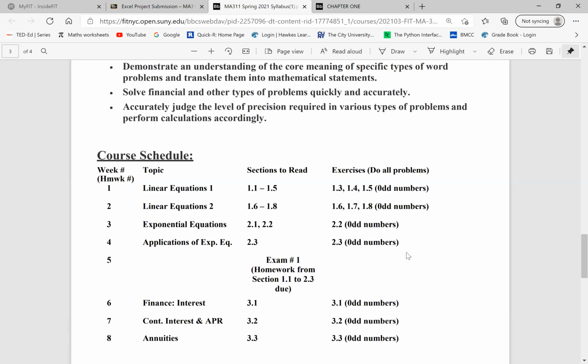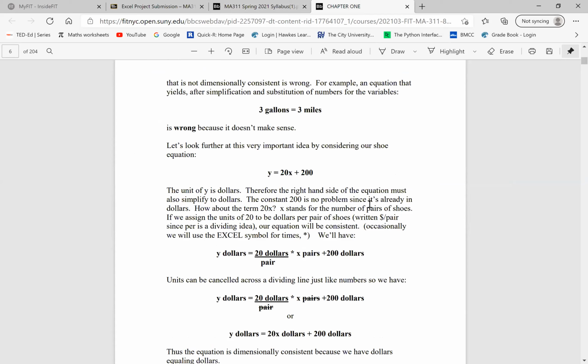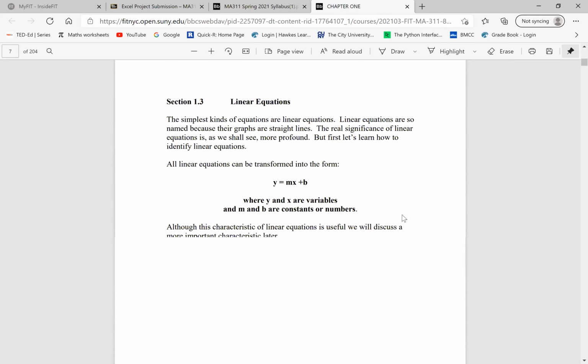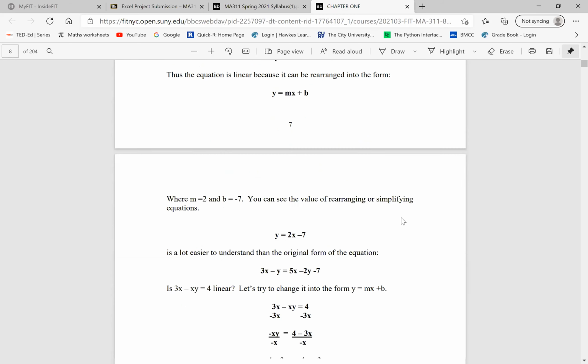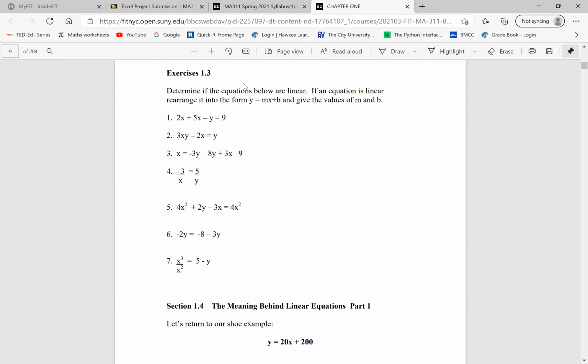And also all these homework assignments are listed already, right? If you look at week 1, after linear equation 1 from section 1.1 to 1.5, you're going to have homework assignments from 1.3, 1.4, and 1.5. So if you open the textbook, if you go down to section 1.3, you start to have homework. So you go to the back of section 1.3, you're going to see there are 7 exercises here,